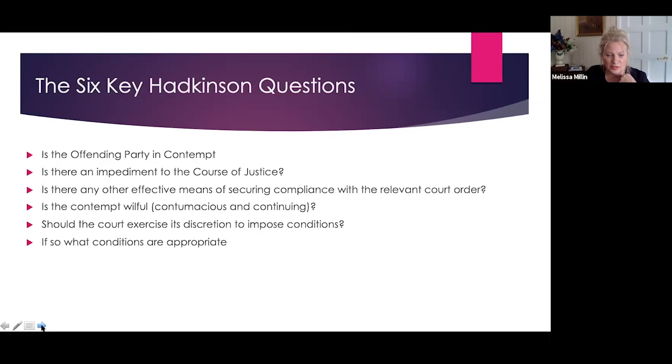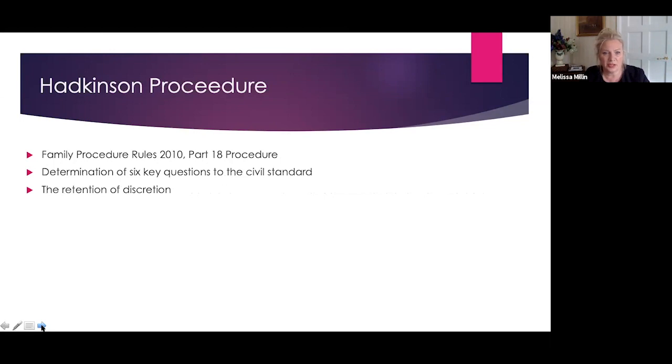It's extremely important that those questions are borne in mind on the journey to the application, because all of the areas will be tested. And of course, if there is any other jurisdiction or any other area of law that could have been tested before, it should have been so. If we move to the next slide, please. The applications are made under the family procedure rules. It's a simple procedure under Section 18, and it will be for determination under the 6 areas that I spoke about. But you have to be very, very careful, because there can be good argument to say that this determination is not compatible with Section 6.1.